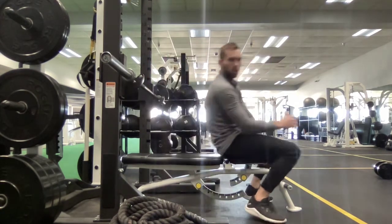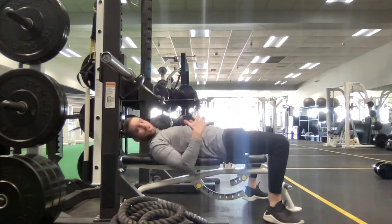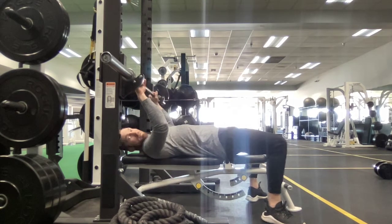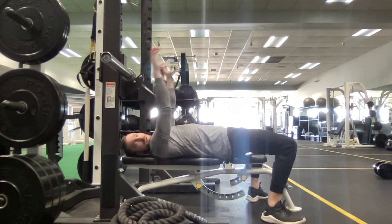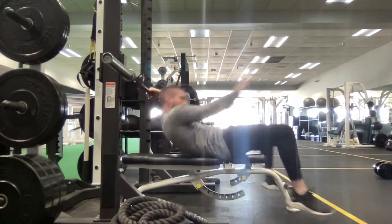Now, when you set up your bench on the bar, you want to make sure that the bench is at a good area to where your eyes can be directly under the bar. I don't want my head too far back here, and I don't want to be out here. That way, when you unrack the bar, you're in a good position to press from. The second thing is that